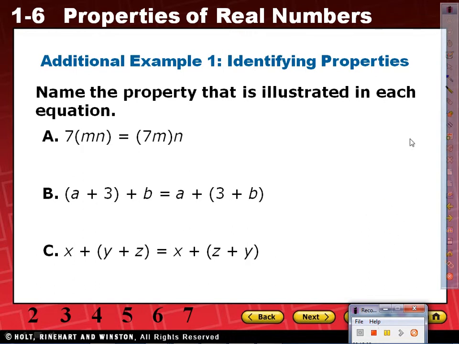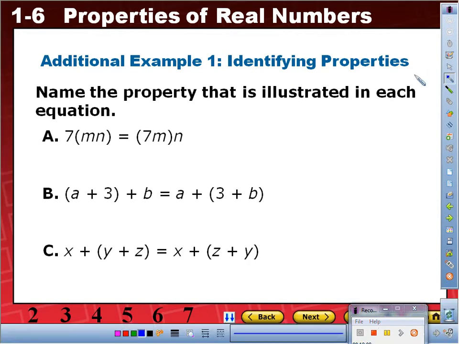Okay, let's see. Let's look at A. Turn to your neighbor, let them know what is the question that you're going to ask right off the bat. Okay, so then the question would be, does the order change? Let me look at it. 7, M, N. Does it look about the same over here? 7, M, N. The order of the numbers and the variables is the same. So if it's the same, now we look to see if it has parentheses. Does it have different parentheses? Do they group them differently? Yes, so therefore this is associative